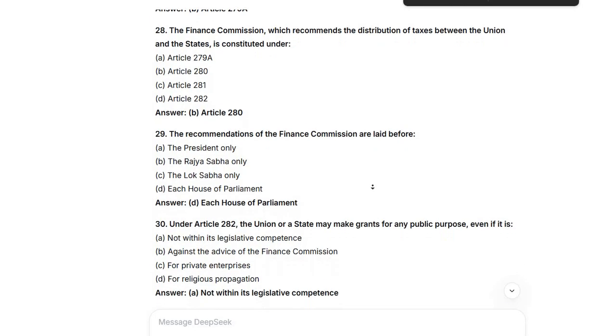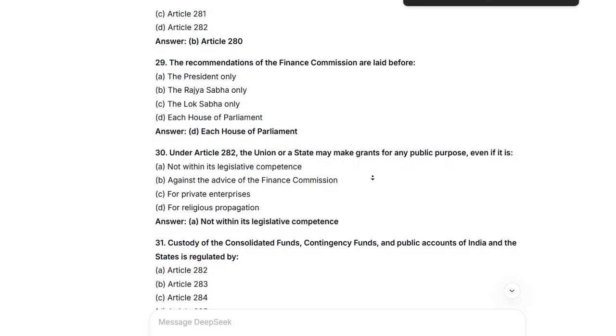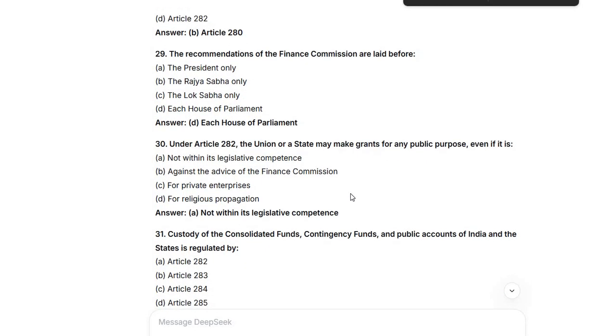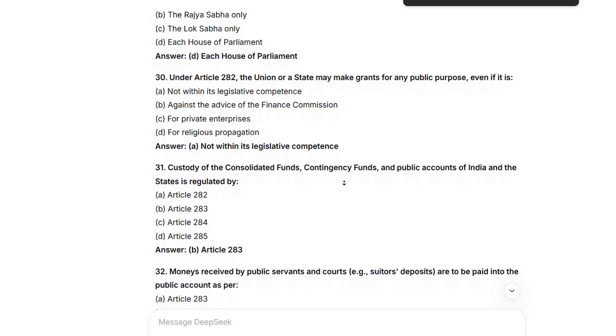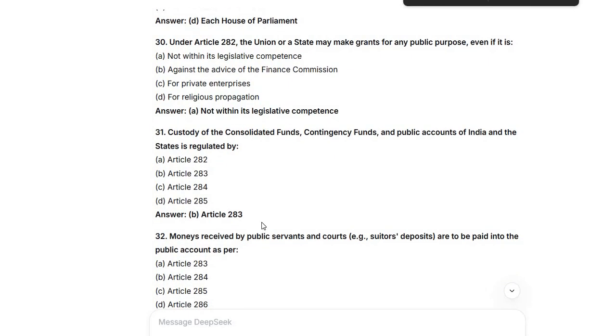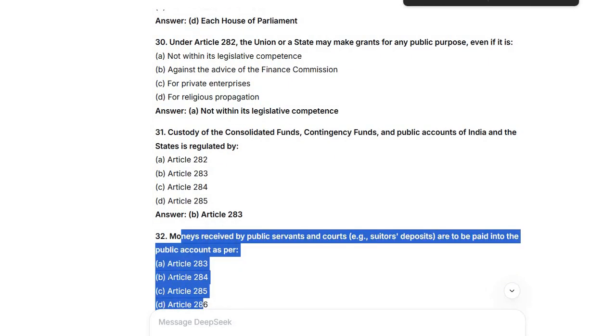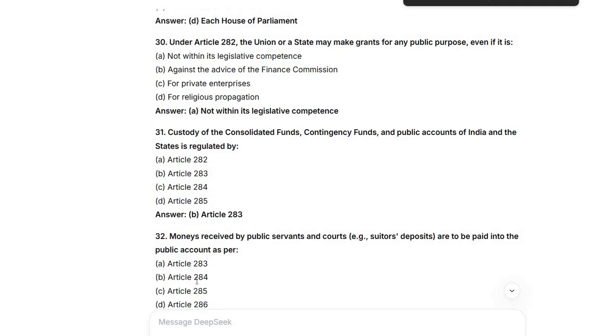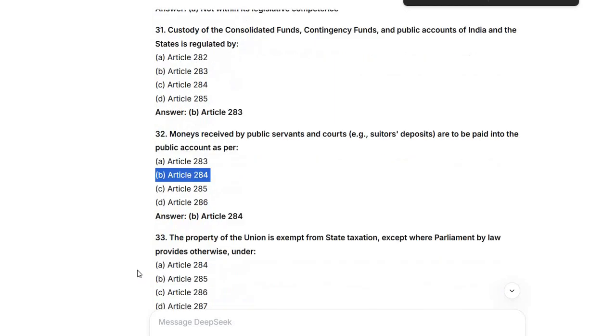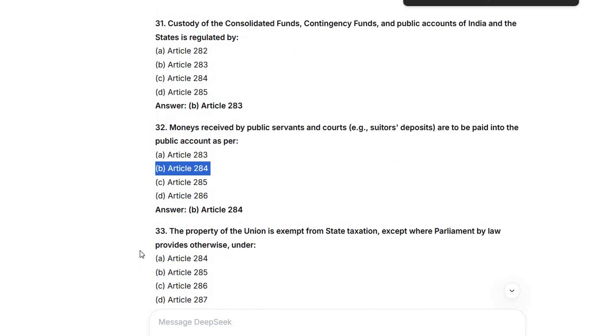31. Custody of the consolidated funds, contingency funds, and public accounts of India and the states is regulated by Article 283. 32. Monies received by public servants in courts, e.g. suitors' deposits, are to be paid into the public account as per Article 284. 33. The property of the Union is exempt from state taxation except where Parliament by law provides otherwise under